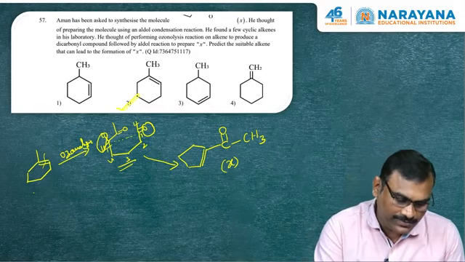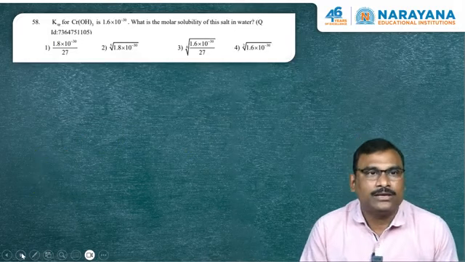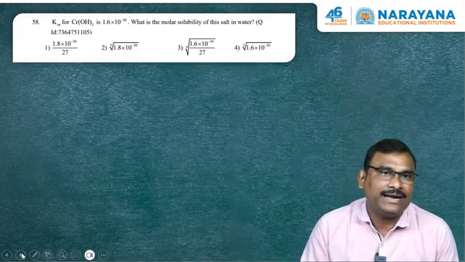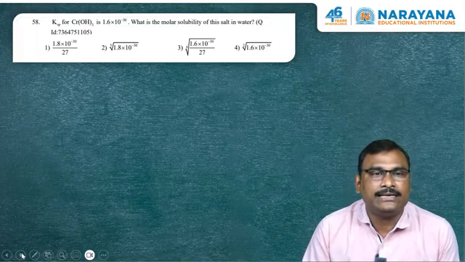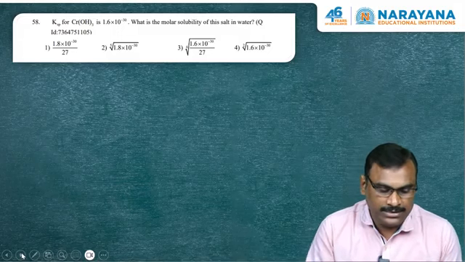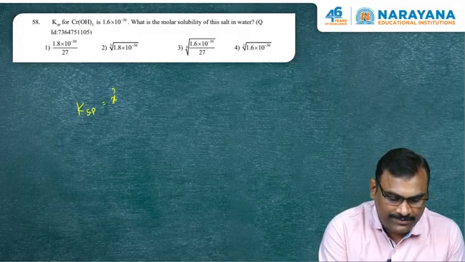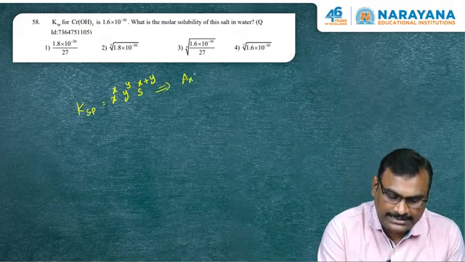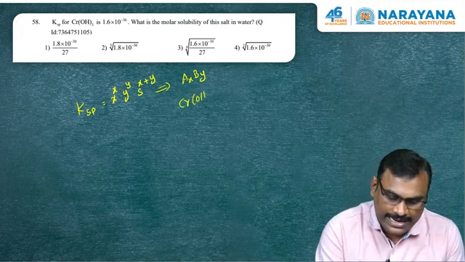Now let us go for the next question. Ksp of chromium hydroxide is 1.6 into 10 power minus 30. What is the molar solubility of this salt in water? Generally Ksp is equal to x power x, y power y, s power of x plus y for a salt AxBy. For the given salt chromium hydroxide, x is equal to 1 and y